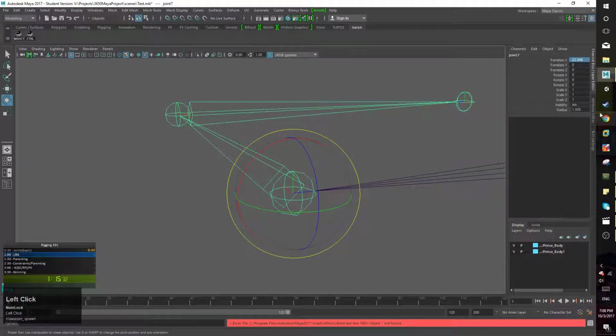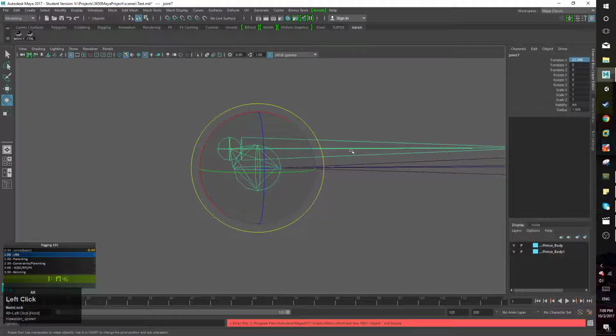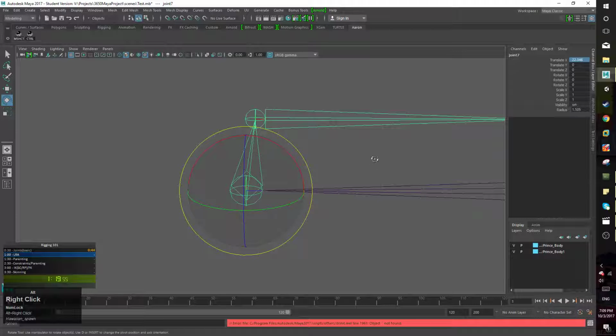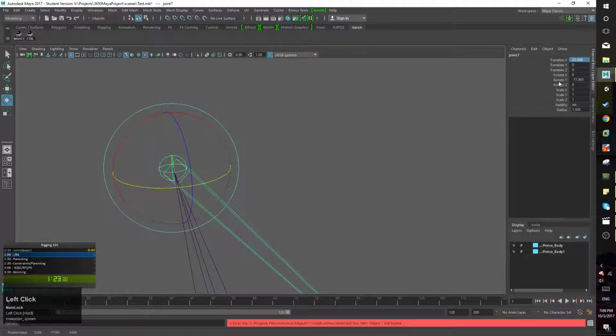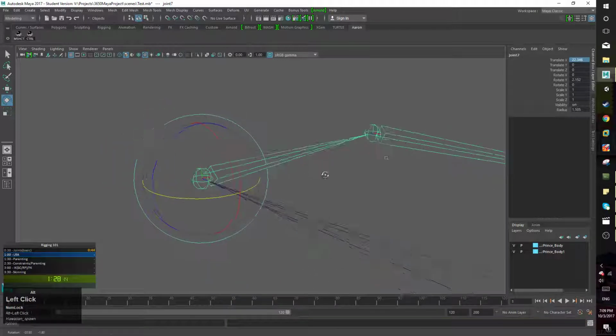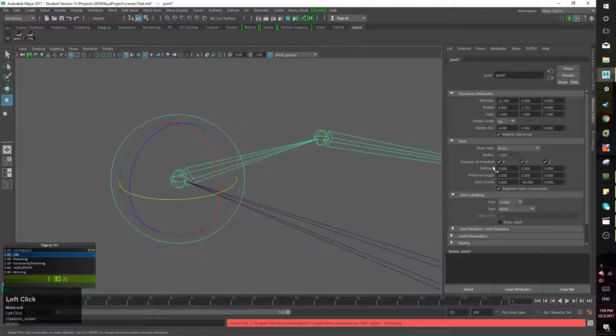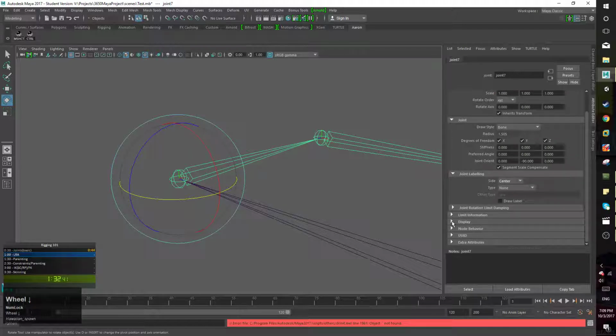Another reason you want to make sure the local rotation axis is aiming towards it like that is, say you have an elbow here. We're trying to do a rotation where we have it close in. We have a nice, soft, one variable turn for it. So that's very helpful. If we change that local rotation axis, which I'm going to show you how to get to,